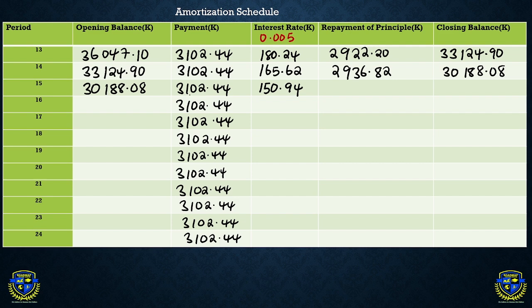Subtracting 150.94 from 3,102.44, it's going to give us 2,951.50. Okay. Subtracting this 2,951.50 from 30,188.08,